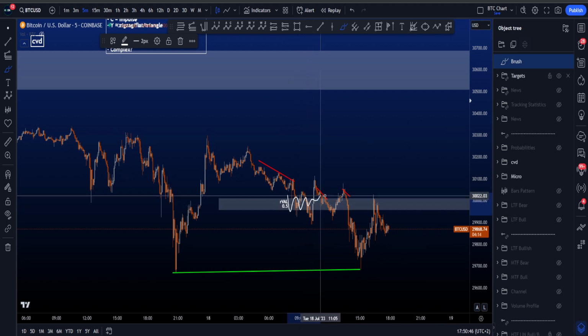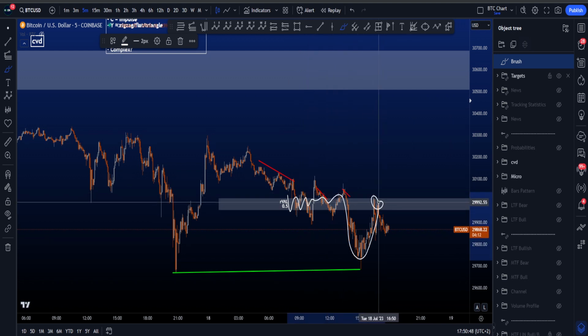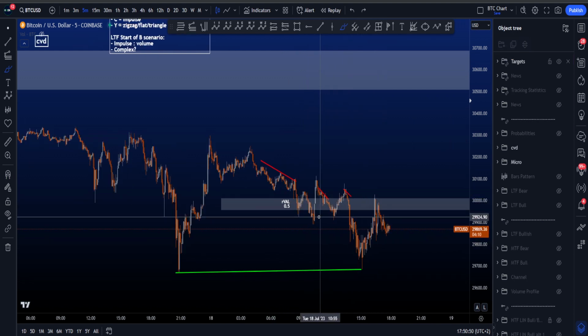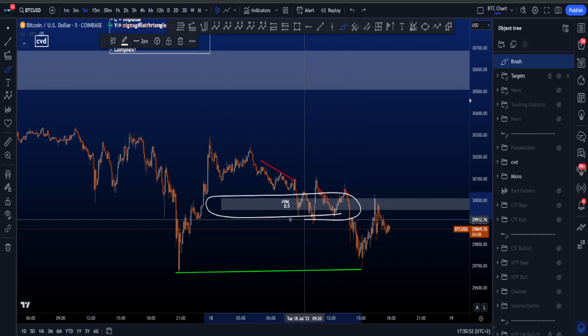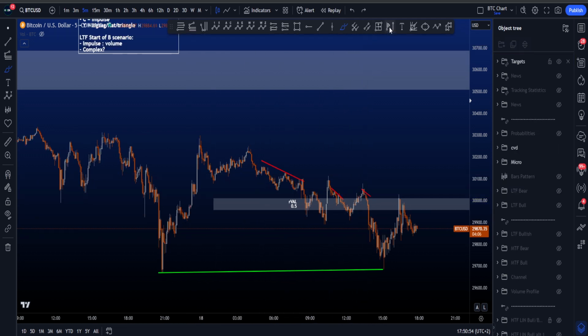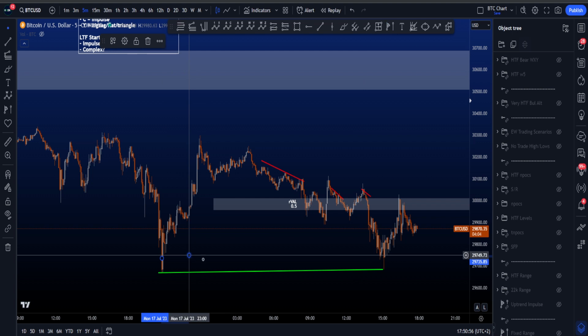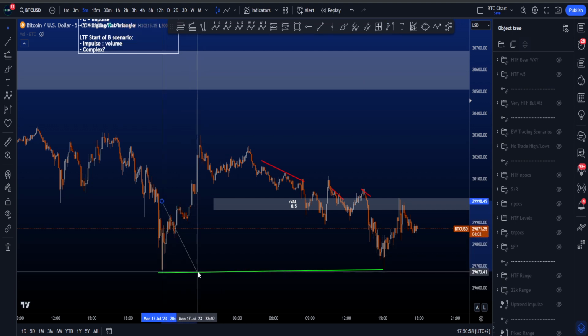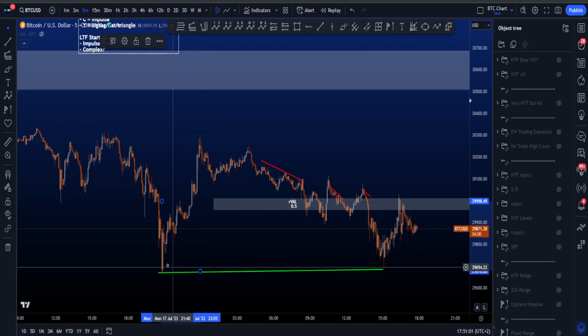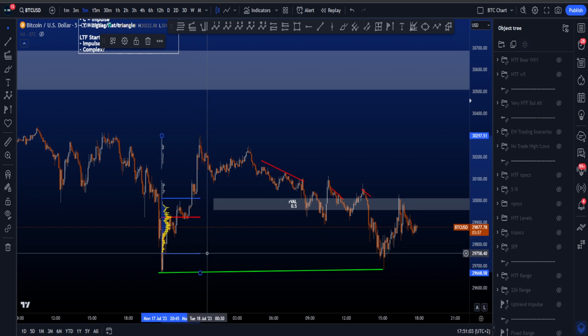As you can see, it was a bit of support going down, now tested as resistance. But what is important is that this was my main area of support. We did have a little bit of support left, which was basically the value area low of this move to the upside. If I take the whole move from the low to the high, you can see over here that